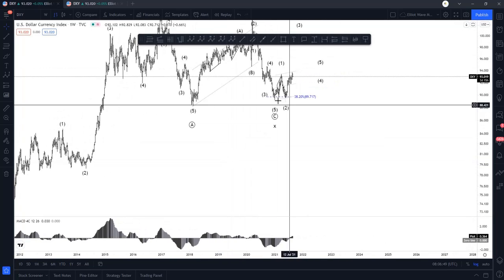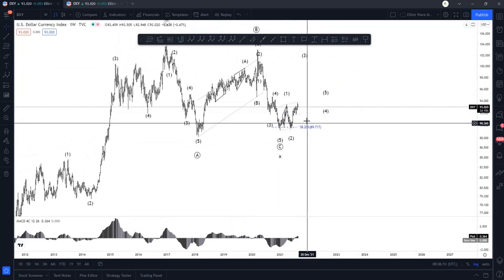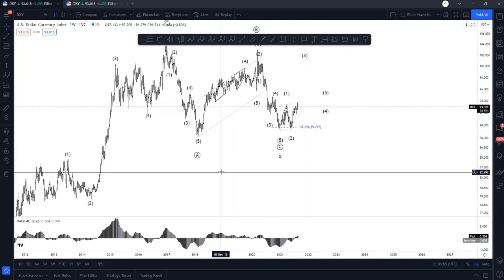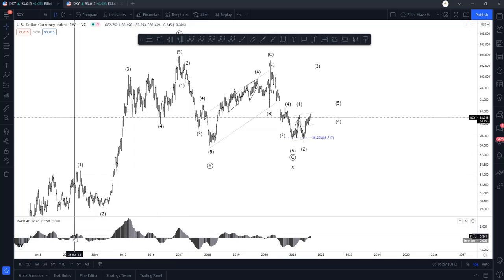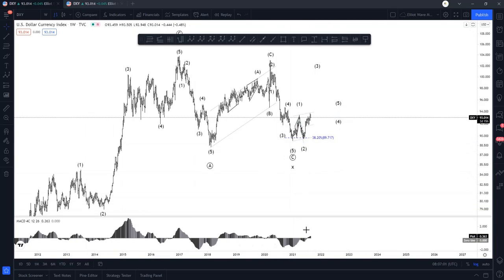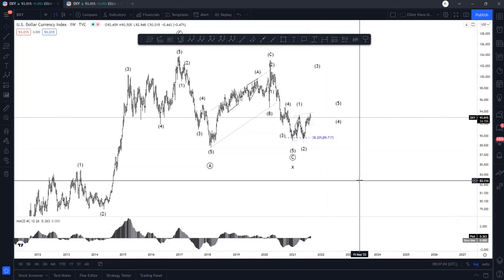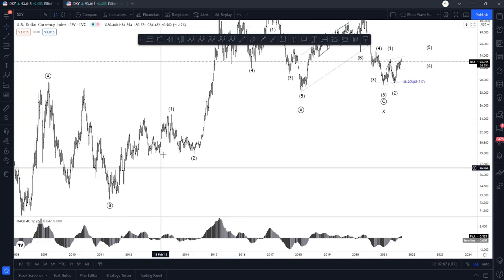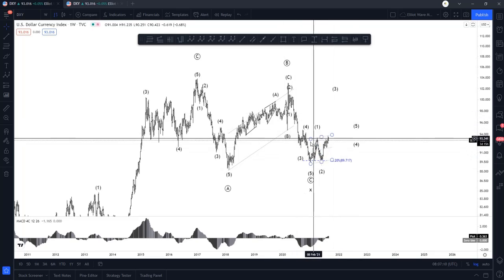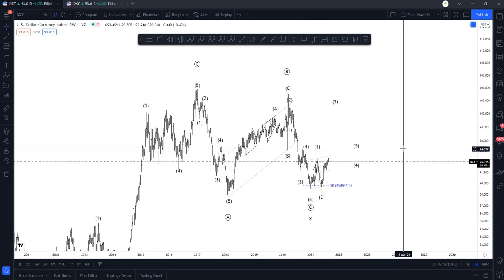So we need to take this sign on the dollar index as something of some importance, at least something temporary. In previous history, we've never seen the market turn bullish and then negative again, apart from when it happened in 2012. So, yes, this could potentially be a corrective wave. That's why we have two perspectives of the dollar and we adjust ourselves to which one is more probable.